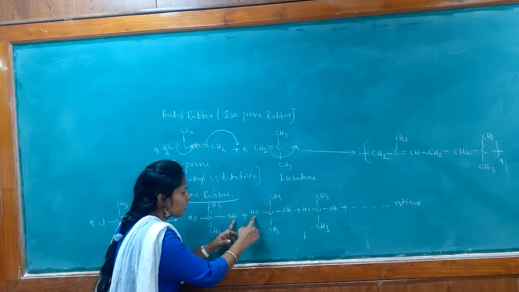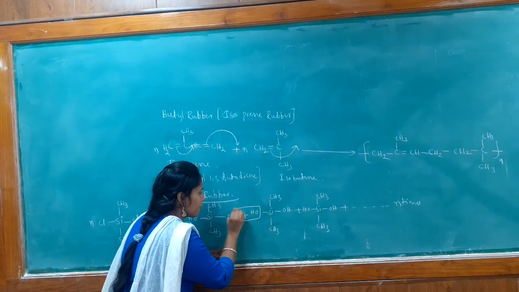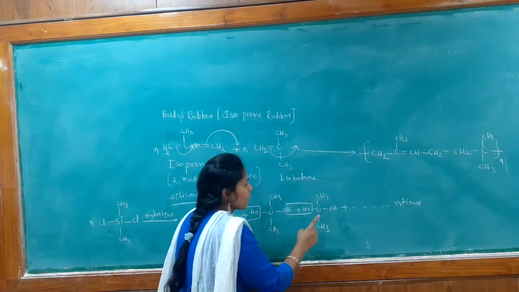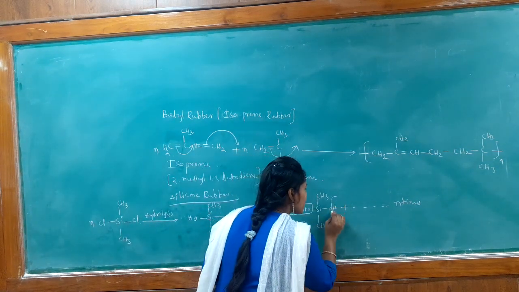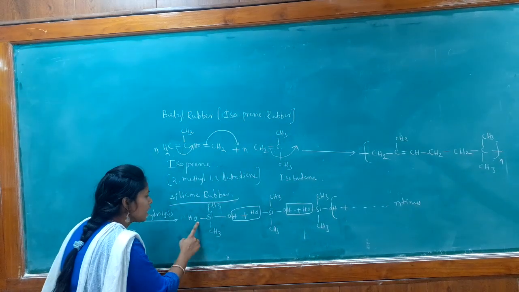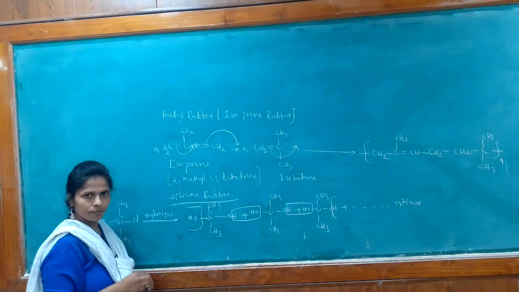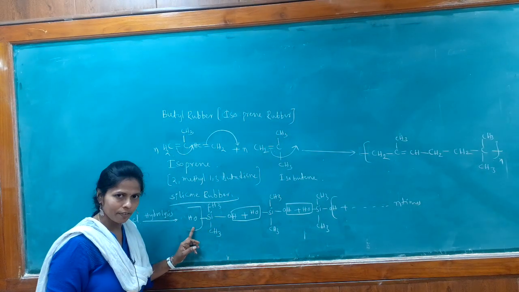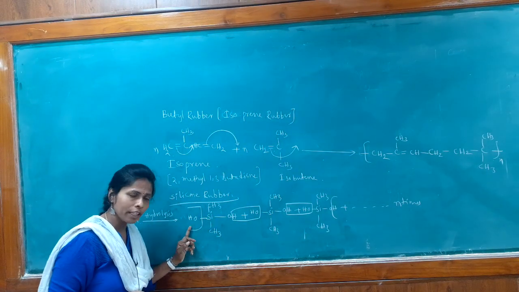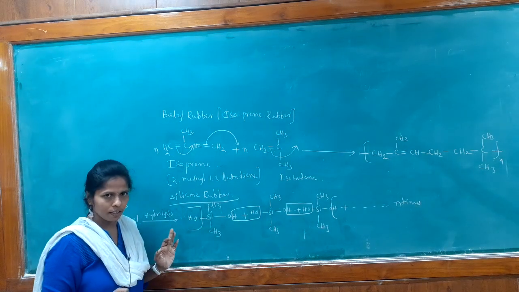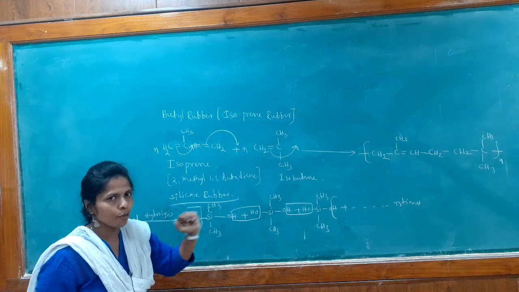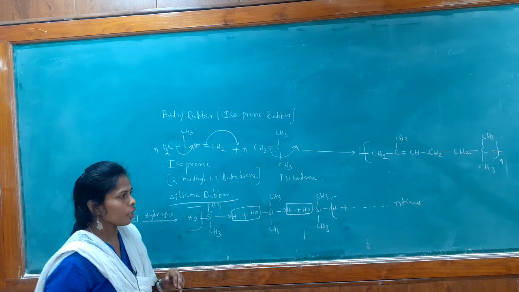Condensation means removal of water molecule. Now, this hydrogen with the other OH, and this OH with the other hydrogen. If your hydrogen is eliminating, here OH is eliminating. So, there is totally elimination of n number of water molecules to produce the silicone rubber.